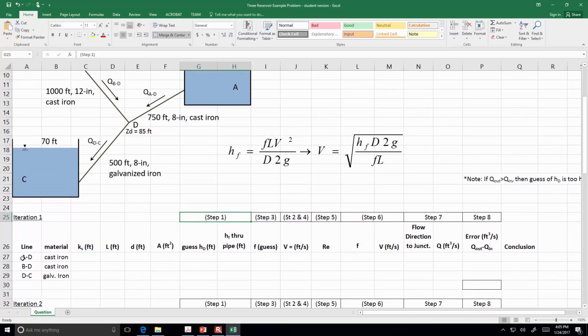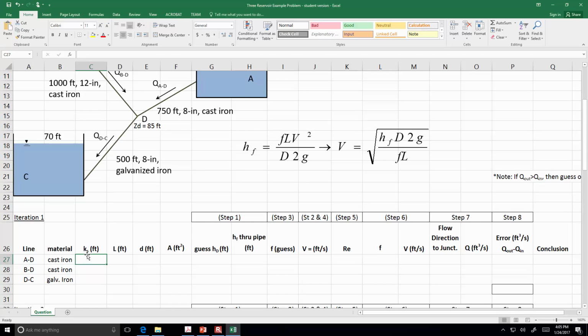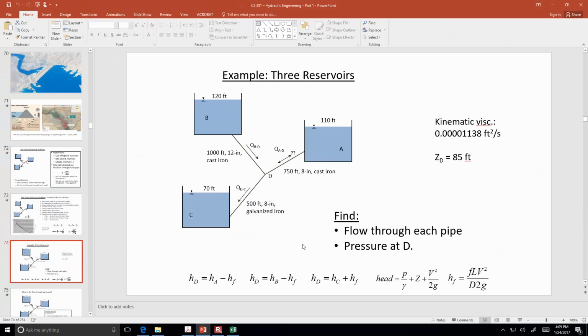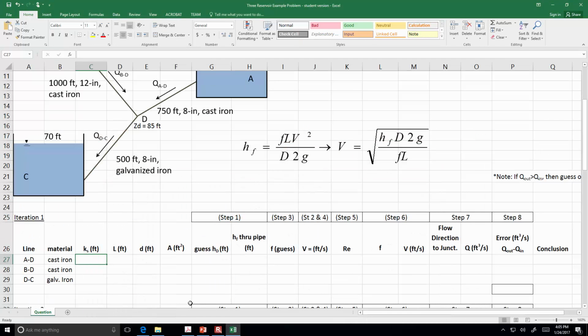All right, so here we have each of the lines identified, and we need to put in some information here. We need to have the epsilon, which is the equivalent sand roughness. I'm calling it here K sub S. It's the same thing. For cast iron in feet, the value is 0.00085, and that comes from a table in the book. And again, we have cast iron for pipe BD as well, so